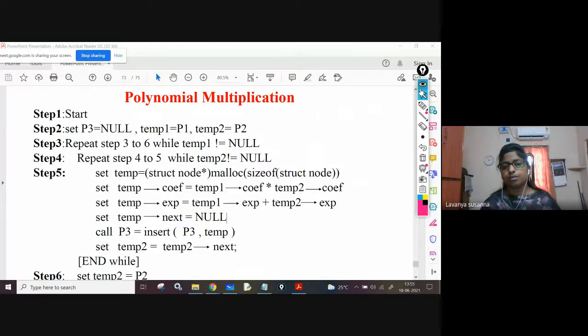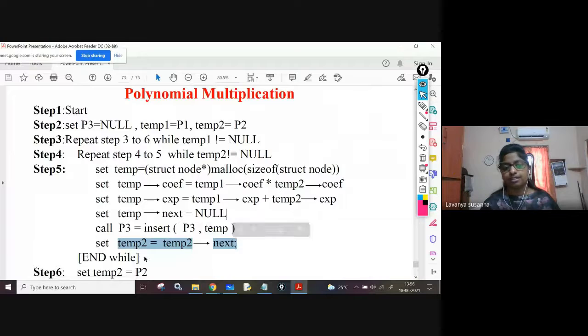This is the algorithm of polynomial multiplication. See, this is the inner while loop. In the inner while loop, what you are doing is advancing temp 2. This is the inner while loop close. End while means inner while loop close. Please note down.